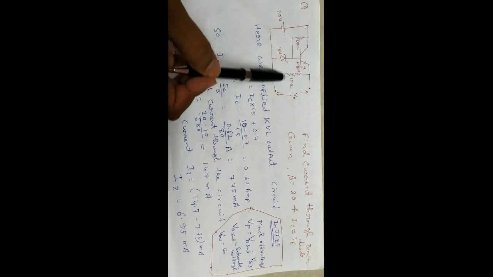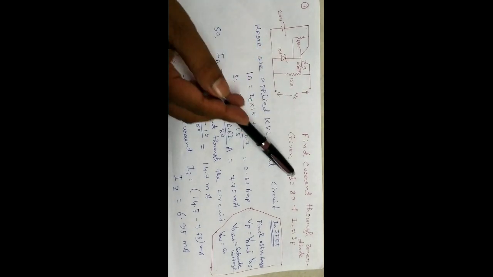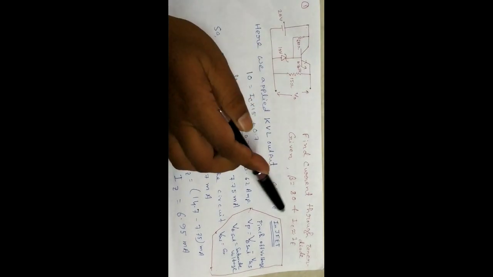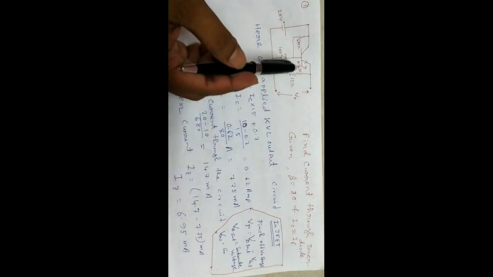Okay, next we calculate another important problem. The given circuit is like that. A 20 volt potential is connected with a Zener diode of 10 volt and with a transistor. See very carefully, it is a very important problem. The question asked: find the current through the Zener diode. What is the current through that Zener diode? Given beta is equal to 80, and they also told that IC is nearly equal to IE, means collector current is equal to emitter current.